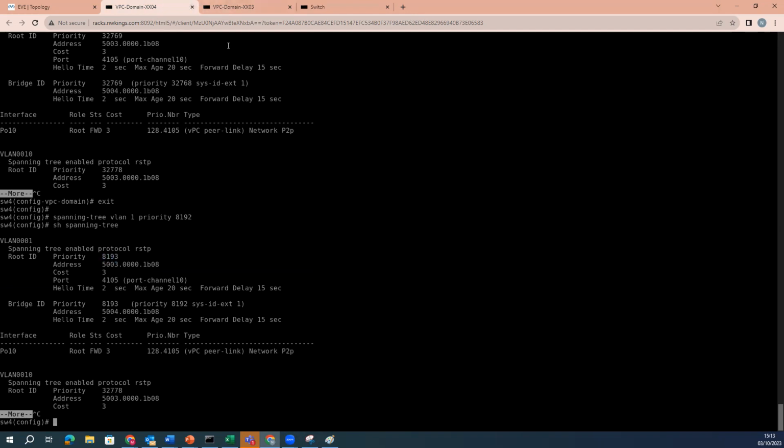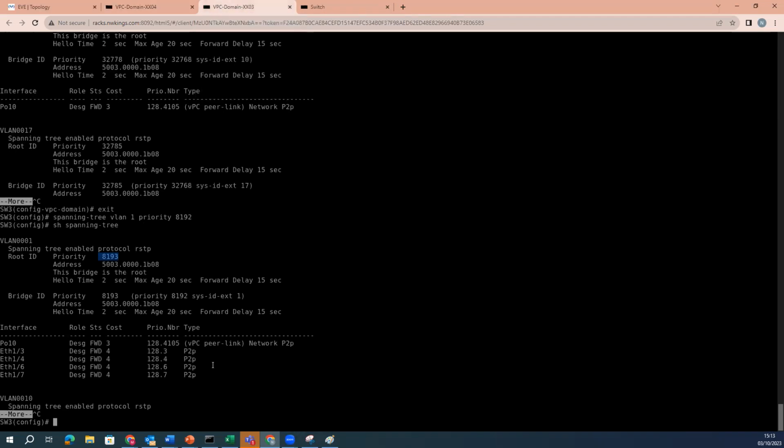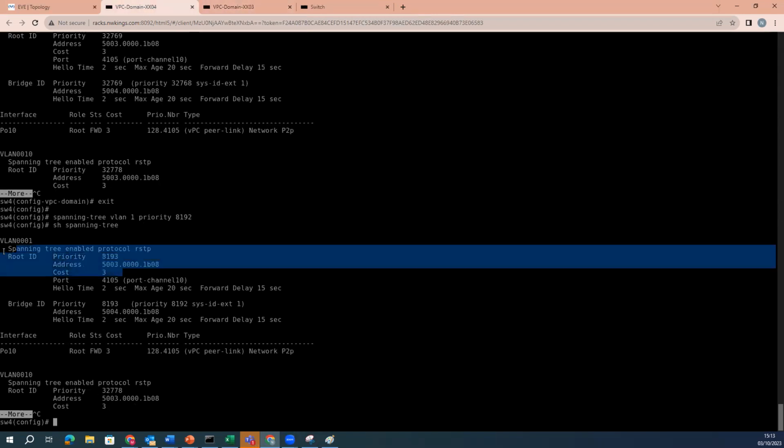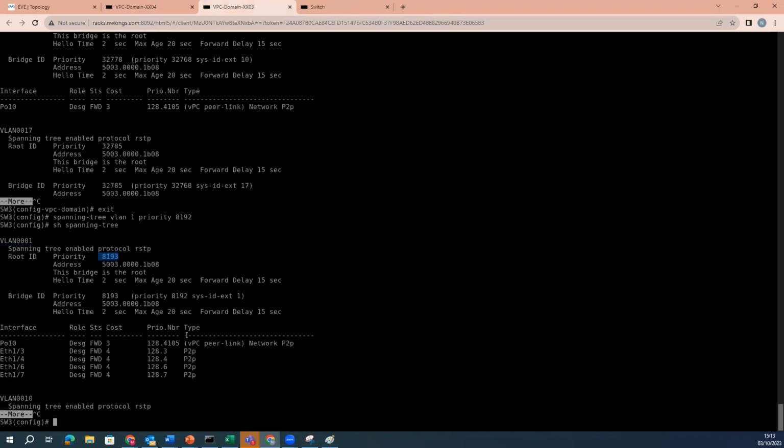Now, to make both the control planes act as a single plane, I have to enable the peer switch command. The moment you enable the peer switch command, both the switches will sync the root switch control plane messaging, and they will claim that I am the root switch and I am the root switch. If I go to the vPC domain,